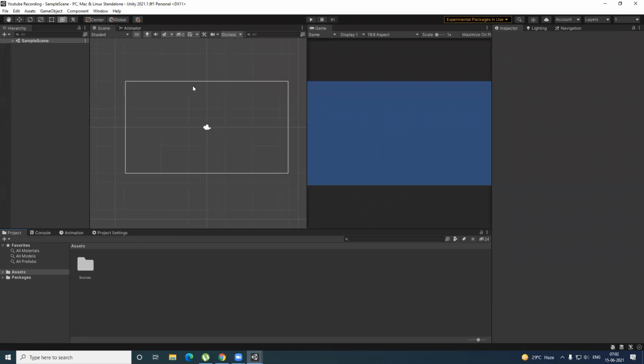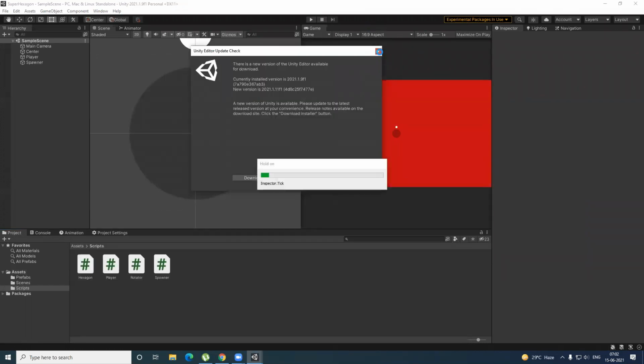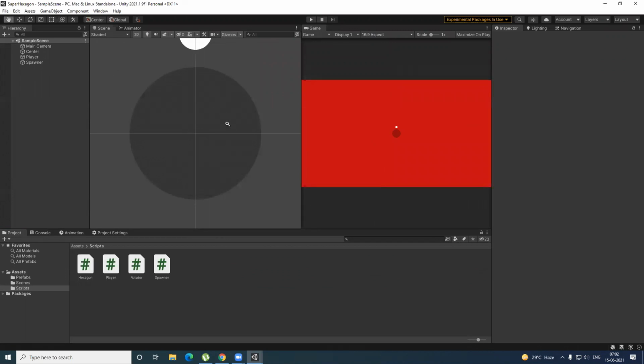So yeah, now let's head on to the game that we're gonna make. So this is the game. What's the main purpose of the game? Why are we building this game? This is only a prototype level game. You can expand it further depending upon how you want to expand it. This is only the prototype level, just to help you understand how the basics work.